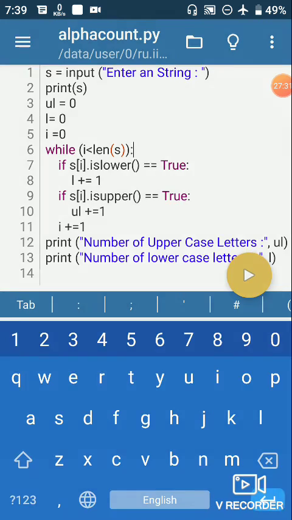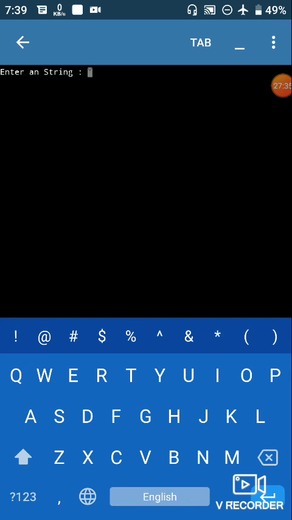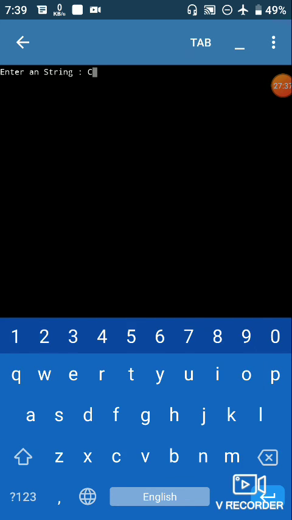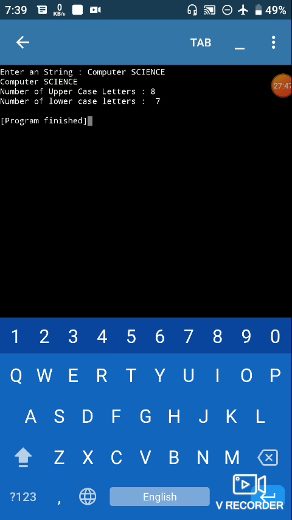So let's run this program. Here we can see enter any string. Let's enter Computer Science, and when we press enter, we first get the string, then the number of uppercase letters is 8 and the number of lowercase letters is 7.